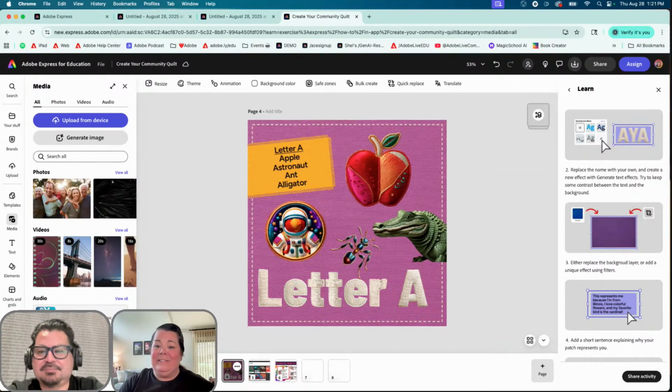Okay, so I love this because the guided activity is called Create a Community Quilt, right? But when we think about community building and culture building and bridging that community into curricular expansion, this is literally a quilt square that kids are making, and every square of a quilt in a tangible quilt, if you think about people crocheting them or sewing them, every quilt tells a story, right? So it could be a phonics quilt where every student is representative of a letter of the alphabet. I'm thinking of the ways that you could literally start to build that phonemic awareness, but also the creative outlet